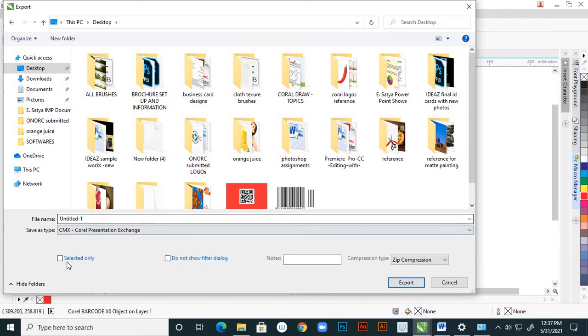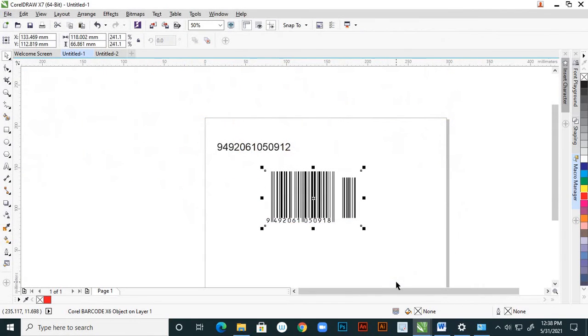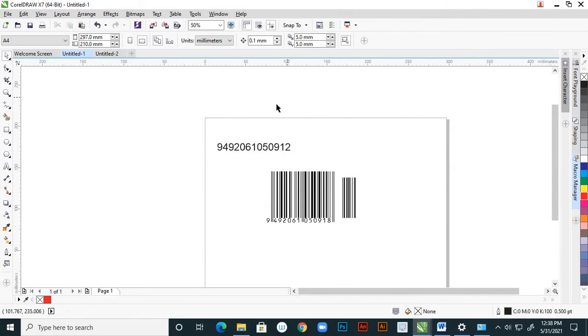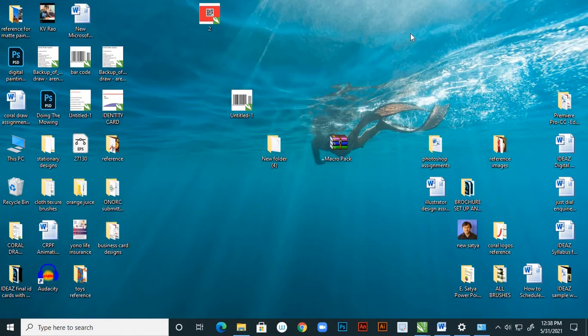It is already in that, but here check Selected only, because we selected only that barcode. You also have to give that option, selected only. It should go on the desktop, and here I'm giving the name barcode. Perfect. And now export. Now it is exported. If you find it on the desktop, it is there with the name 2.